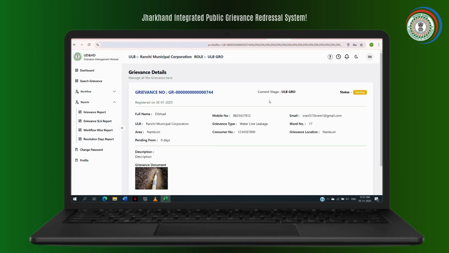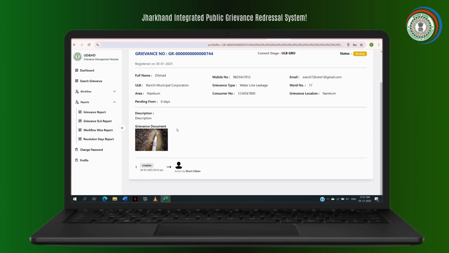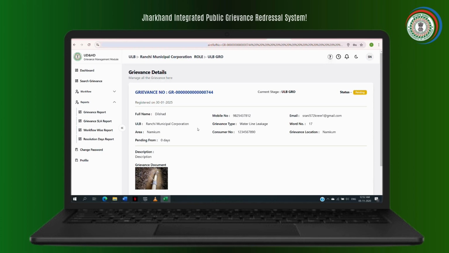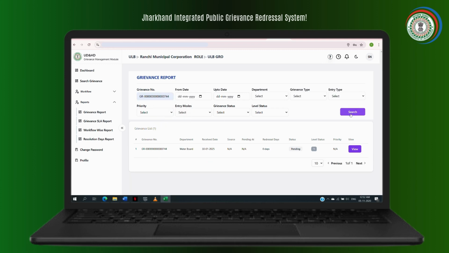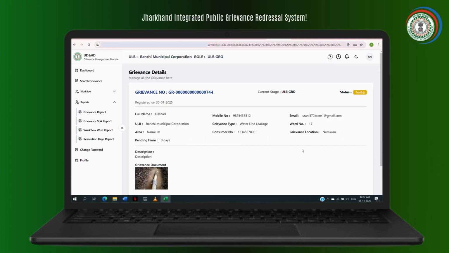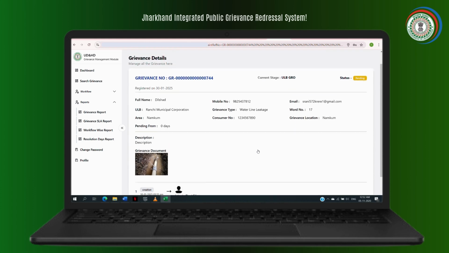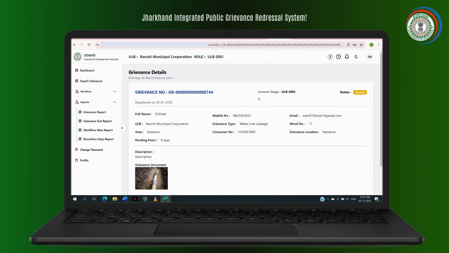To view grievances based on service level agreement timelines, select the Grievance SLA Report option. Upon selecting the Grievance SLA Report option, a list of grievances will be displayed along with a filter option to retrieve your desired grievance. Select your desired grievance and click the View button to see its complete details. Grievance complete details will be displayed along with its current